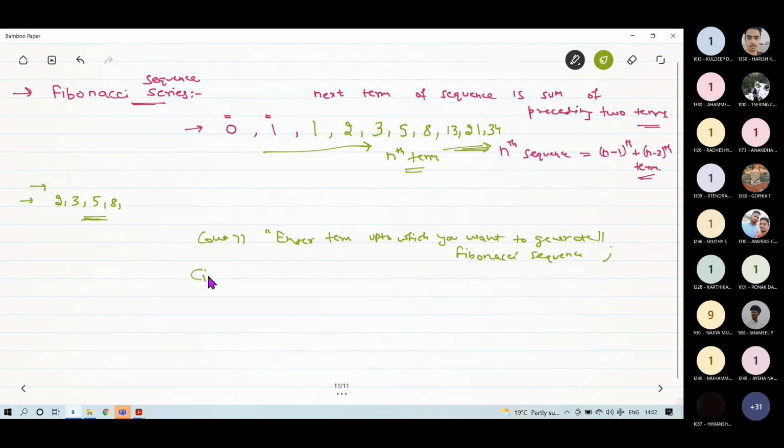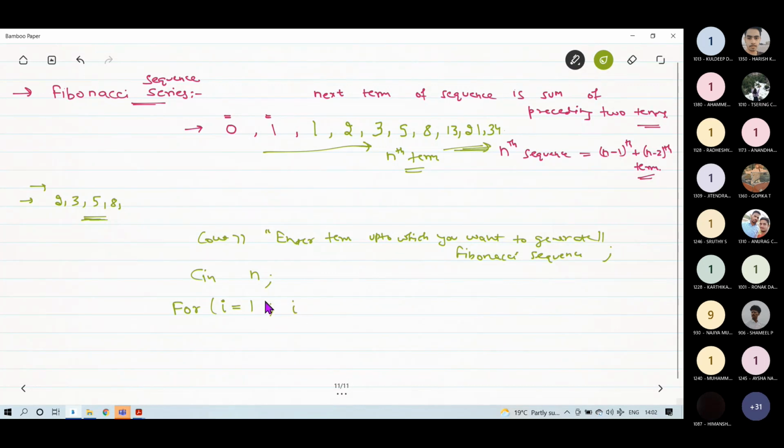Right, and you just enter this in cin to a variable n. Now what you will do is make a for loop for i equal to 1.